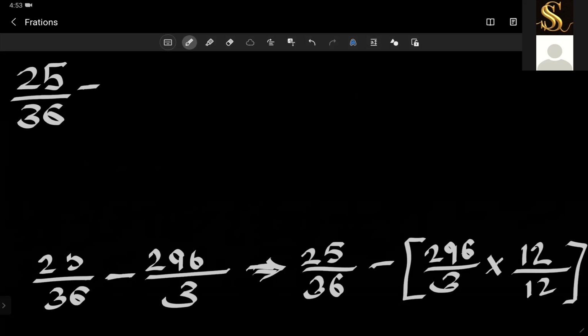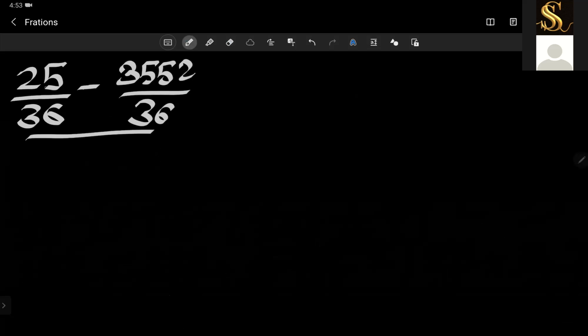It will be 3552. And this will give us 36. Now we have the same denominators. So now we'll do 25 minus 3552 upon 36, which equals,